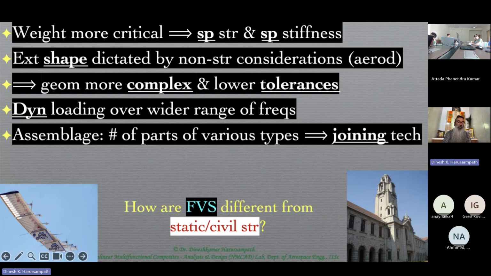Let's say in the case of an aircraft, you want to make a wing, you have so many different parts to it, and you are essentially going to manufacture them individually and then put them together, which is the historical way in which it was done for a lot of metallic parts in the past. But over a period of time, as we move to composites, the requirement from the joining technology point of view has not reduced to zero, but it has definitely reduced because you can manufacture quite complex shapes and sizes